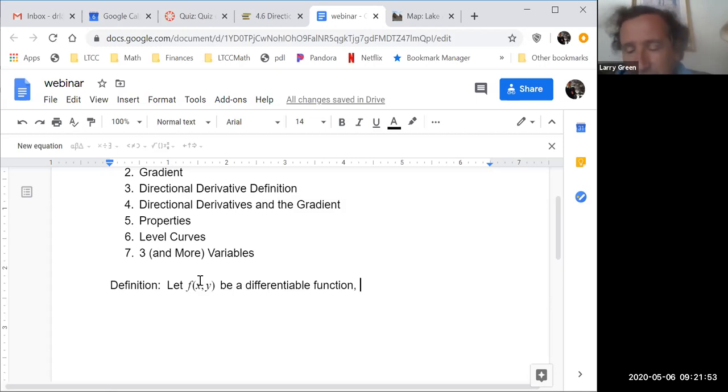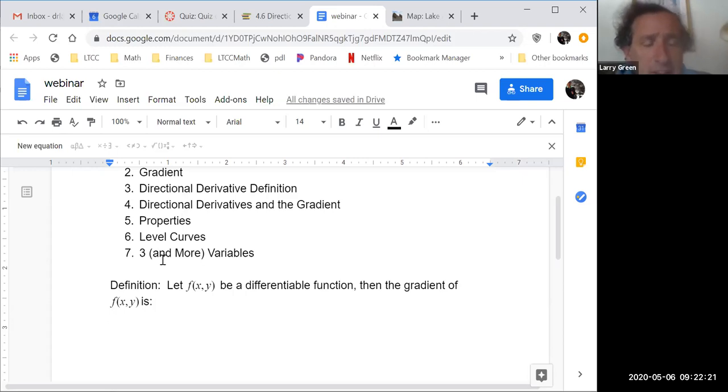Basically, it means you take derivatives, and they're continuous. Okay, so let's suppose we have a differentiable function. Then the gradient of f of x, y is,